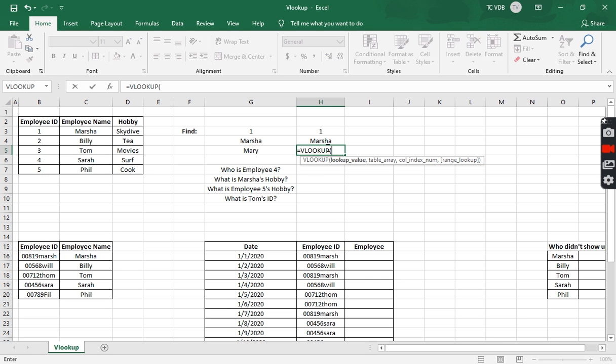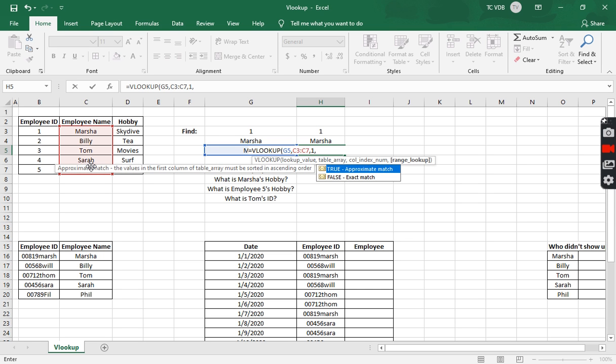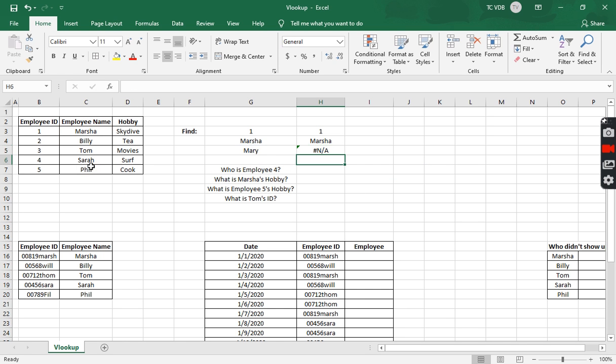So I'm going to go ahead and type in the formula, Vlookup. We're going to look up Mary. Table array: we're just going to use the one column here, C3 through C7. Sticking to the one column again, just one. And the binary answer, either you pick true or false. Always go towards false. And you see that because Mary wasn't in that table, it couldn't find Mary, and it gave you an NA